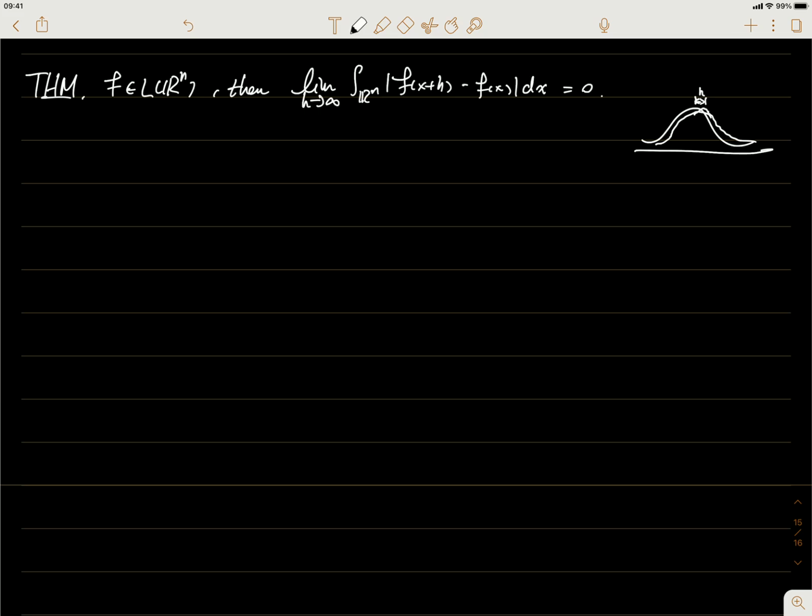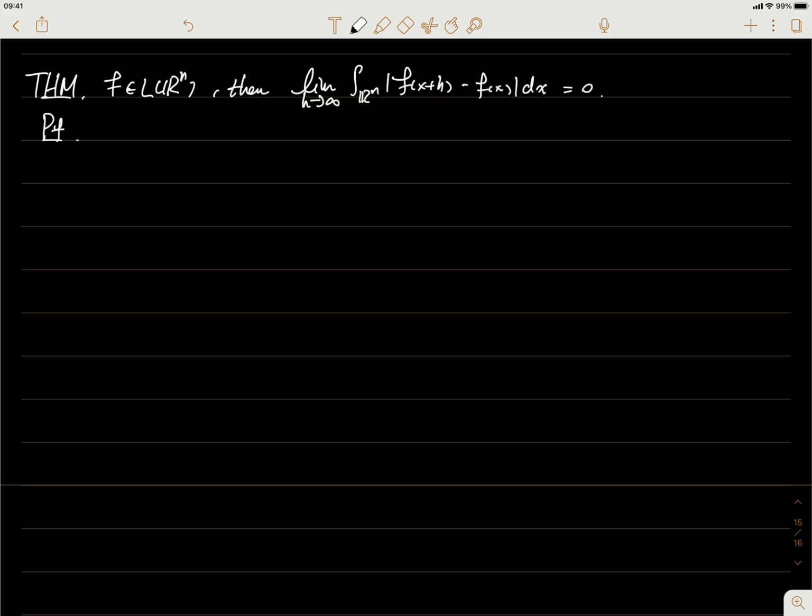That can be seen as when we take the difference of the two, the difference becomes something like this. And then what it says is that the integral here approaches 0 if these two functions eventually align. They align when h goes to 0. So that's intuitively what that means, and we want to prove this rigorously.